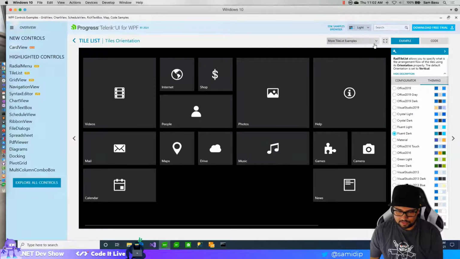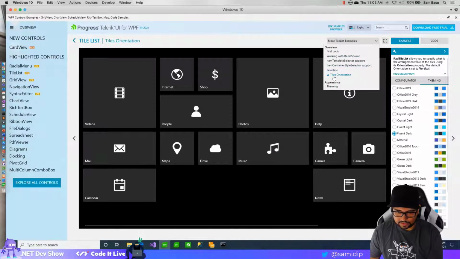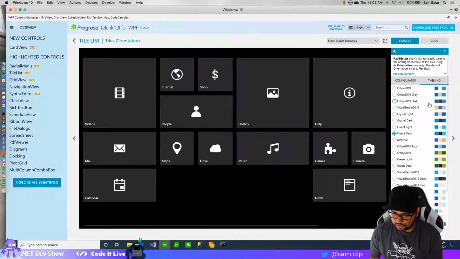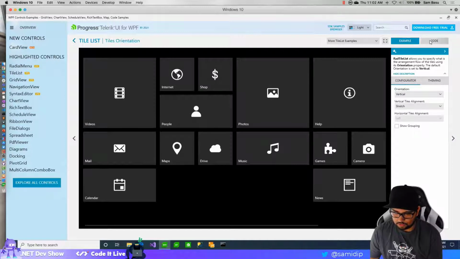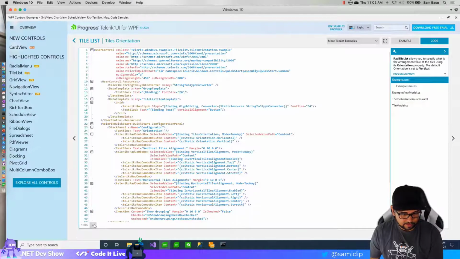Yeah, so tile list is new with a bunch of updates. Looks like that tile orientation is new. And actually, let me take a look at that code real quick. All right,